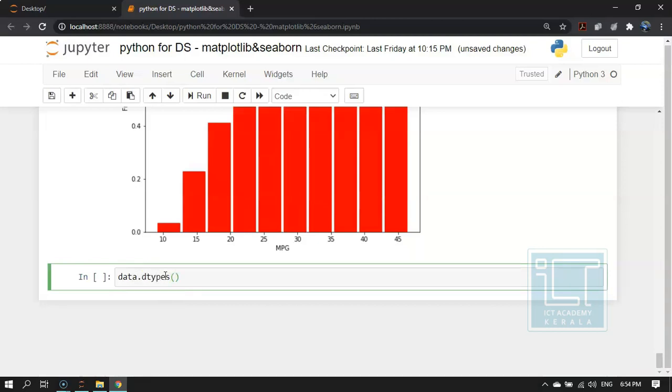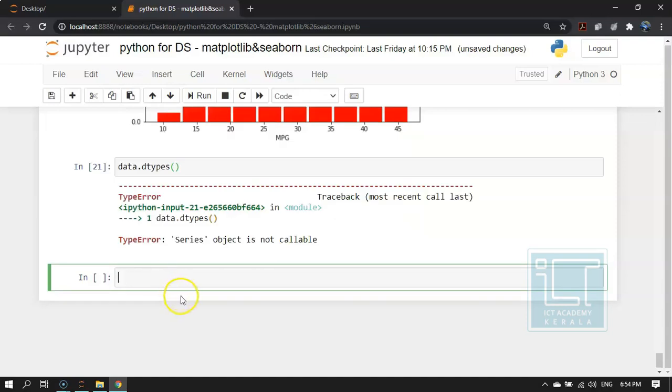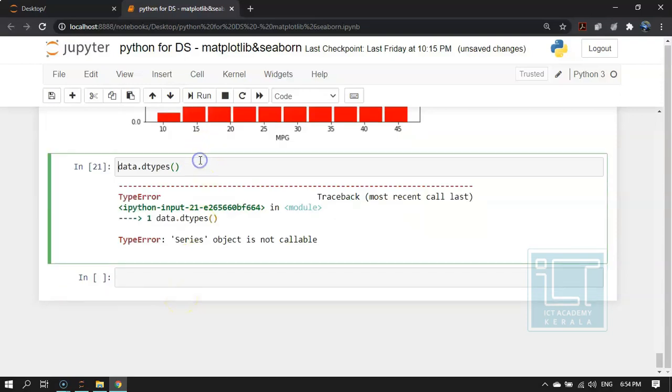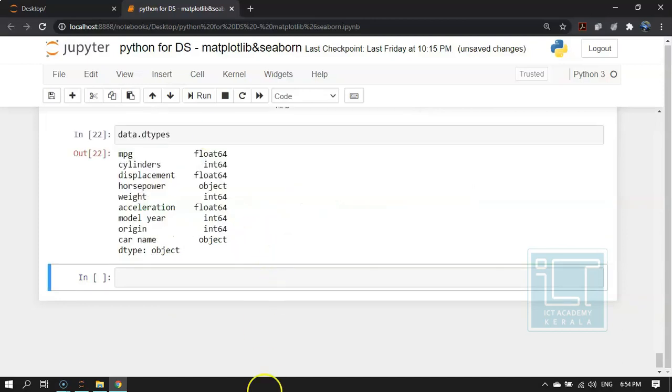Now checking the data types. Sorry, there is no brackets for data types. Okay. Looking into these data types, can you notice something? I will give the data set also.